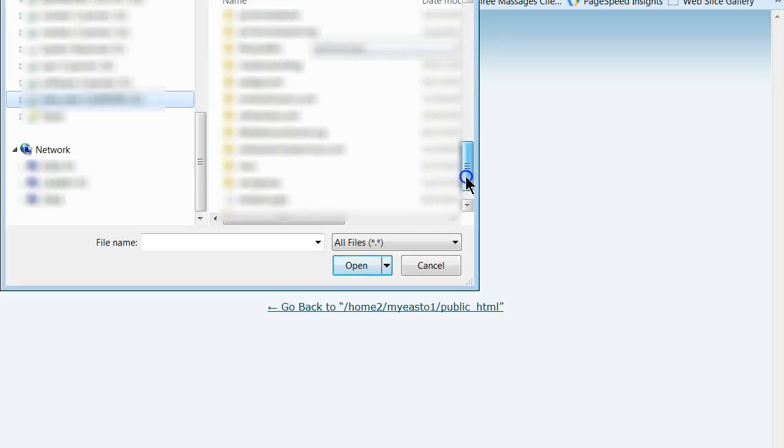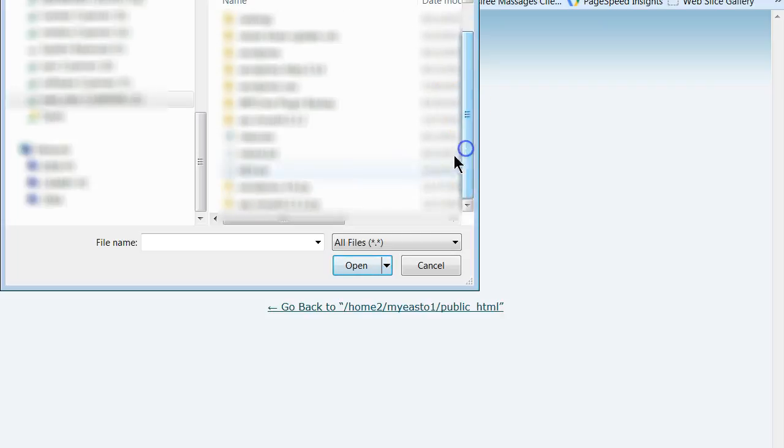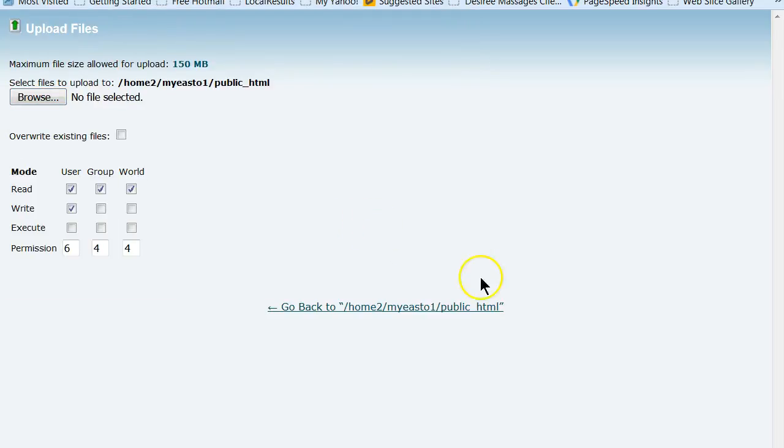The reason you want to upload it as a zip file is because many times when you're using this file manager, it only lets you upload one file at a time. So uploading the zip file lets you upload everything, and then you can just extract it. So the system is uploading the file, and it may take a couple of seconds for this to complete. Once the file is uploaded,